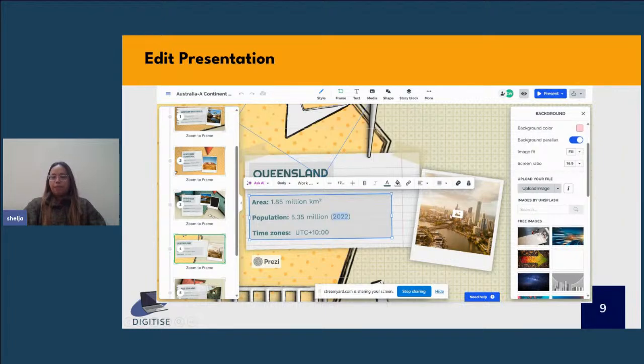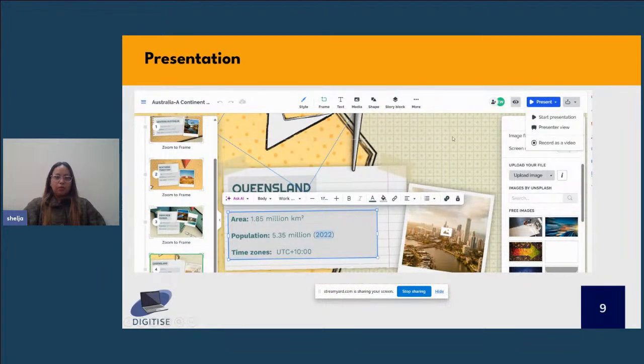Lastly, if you are not happy with the images in the Prezi template, you can even upload your own images from your system, or you can choose the free images which are provided over here on the right side. So once the presentation is done, you are ready to present it, hit the button present, and you can start